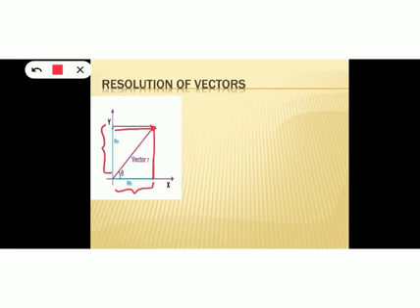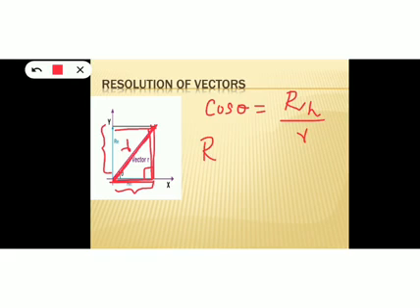For that, consider this right angle triangle. This is a right angle triangle because this will be 90 degrees since it is a normal. Now, from this right angle triangle, what is cos theta? Cos theta is adjacent side by hypotenuse. And what is the adjacent side? The side adjacent to theta, that is this side. And what is that side? That is RH. RH divided by hypotenuse. This is the hypotenuse and this is our vector r. And what will be RH? RH will be equal to r cos theta.